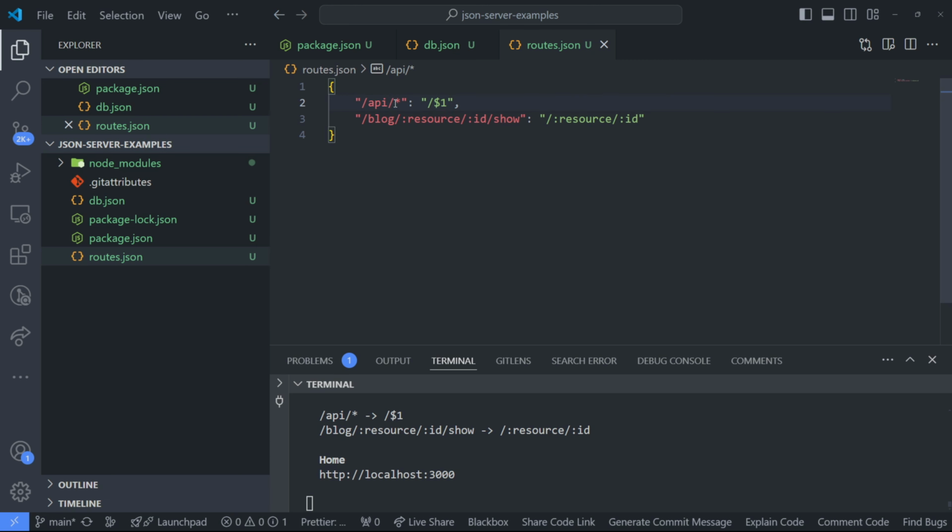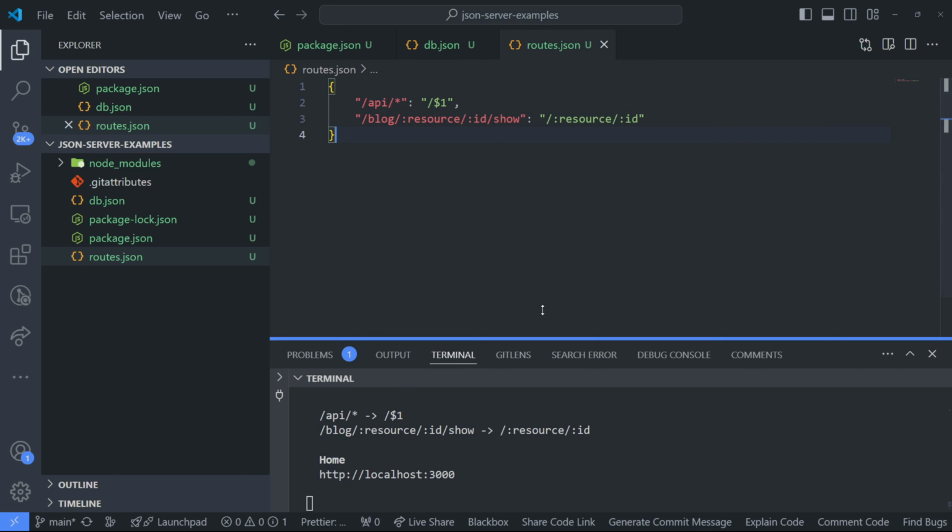And then the $1 is going to define how the matched URL should be rewritten. So the $1 here refers to the captured part of the URL matched by the wildcard here. Right. And what I mean by that is, if I save it,